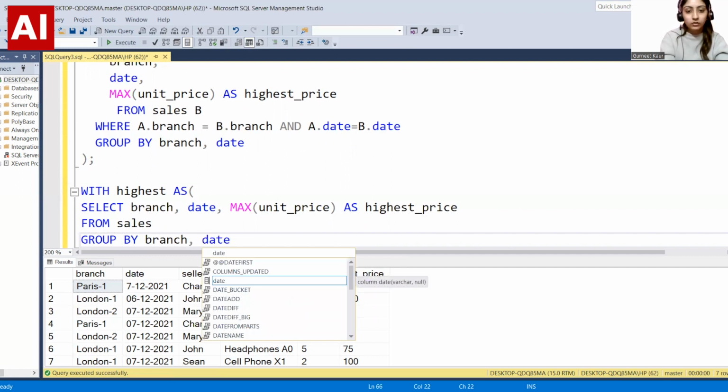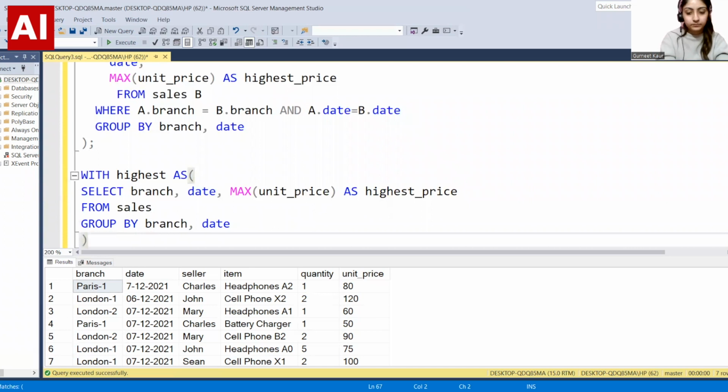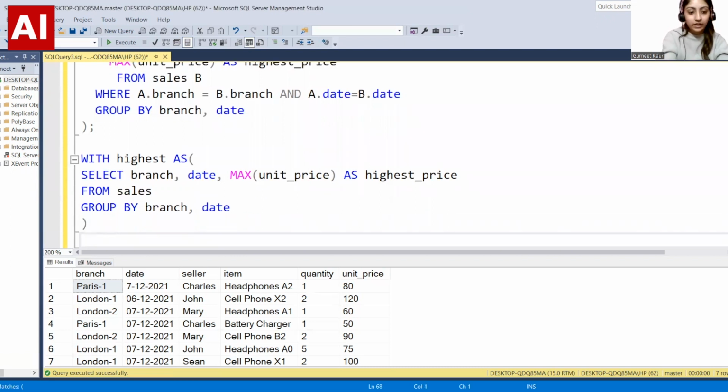And I'll be closing these. Now this is our temporary result of a query. Then I will be writing our main query, select. So I have to select all the columns. So I'll do sales dot all the columns asterisk, comma,